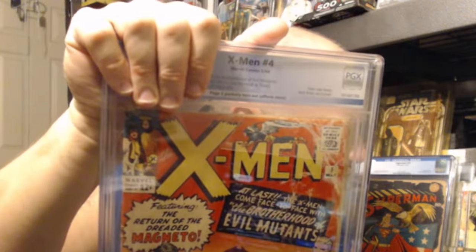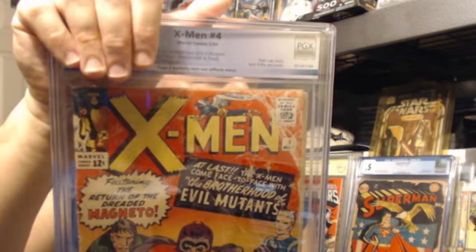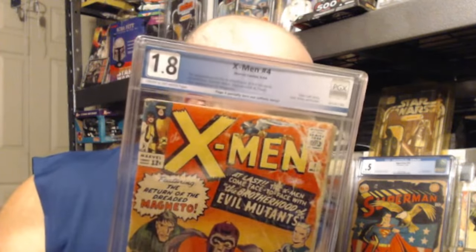All right, so let's reveal this last grade. I said a 1.0 to a 1.8 with off-white pages. Survey says, there we go, 1.8. I am absolutely happy with that. So the higher end of what I predicted, I have no problem with that at all. So of all of the books that I got, this one,